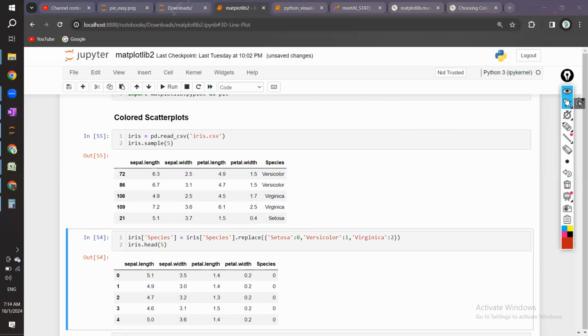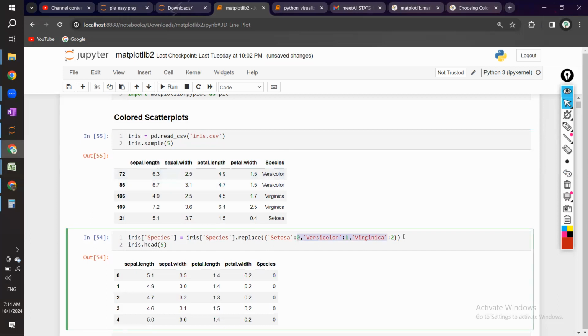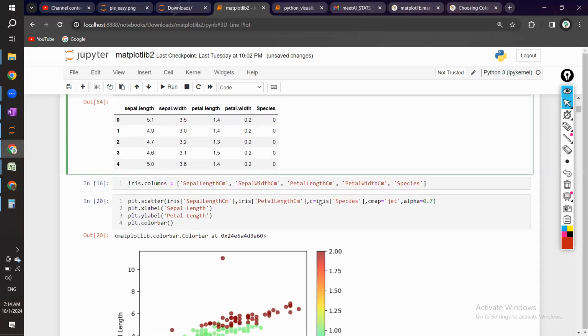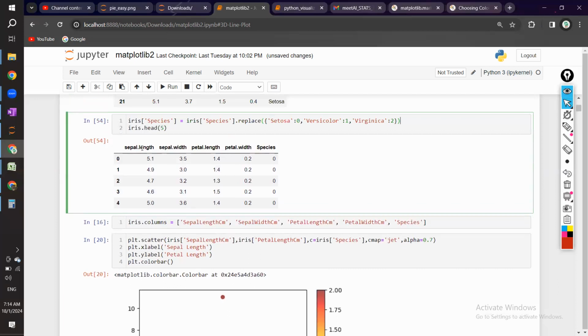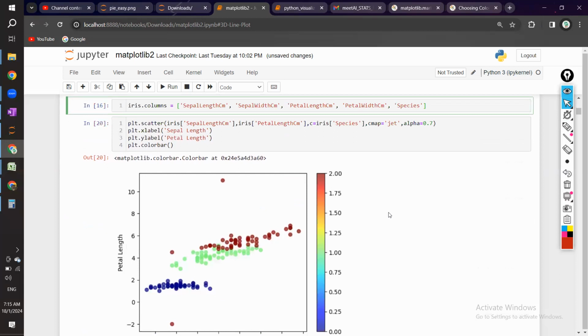So now all the varieties got replaced with numerical values. Next, I'm replacing the column names: sepal length in centimeters, petal length, sepal width, petal width. After that, if you observe what I'm doing,